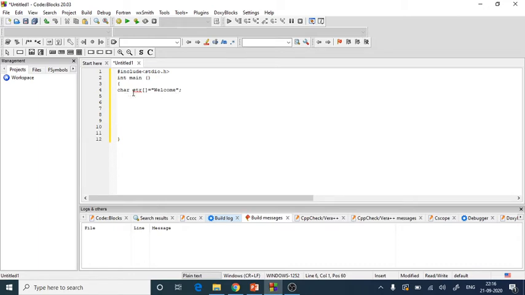After that we have to print the same string, so we'll use printf: printf, then "%s" in quotes, comma str, that is the string, semicolon, and a return value. So return 0.